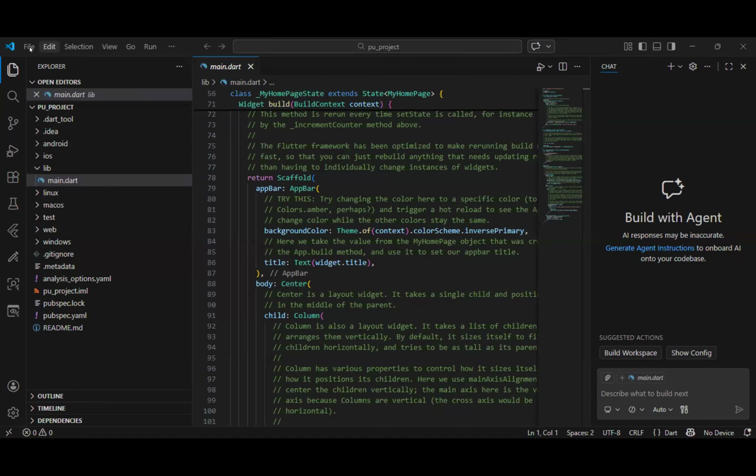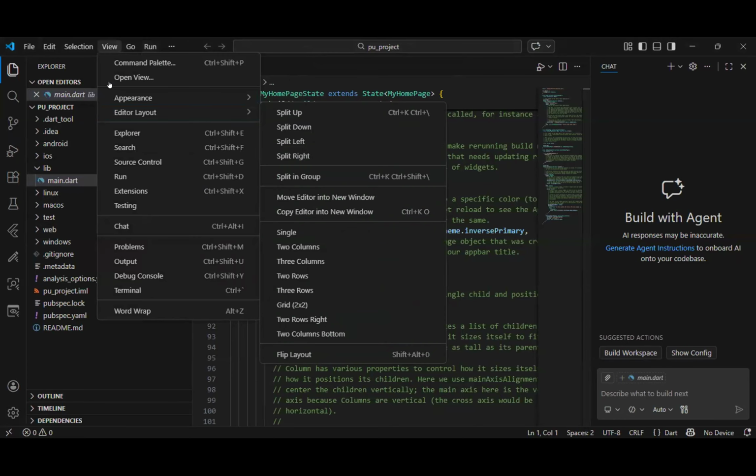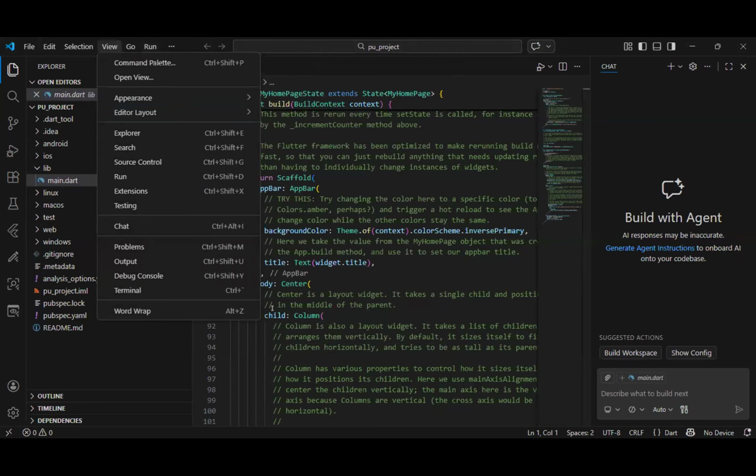Now, on the top, you have some menus that you'll be working with. If you want to run a program, you can come to Run here and then choose what you want to do. If you want to debug the program, you can start your corrections here. You want to do some configuration. So basically, this is the interface where you'll be running your programs.